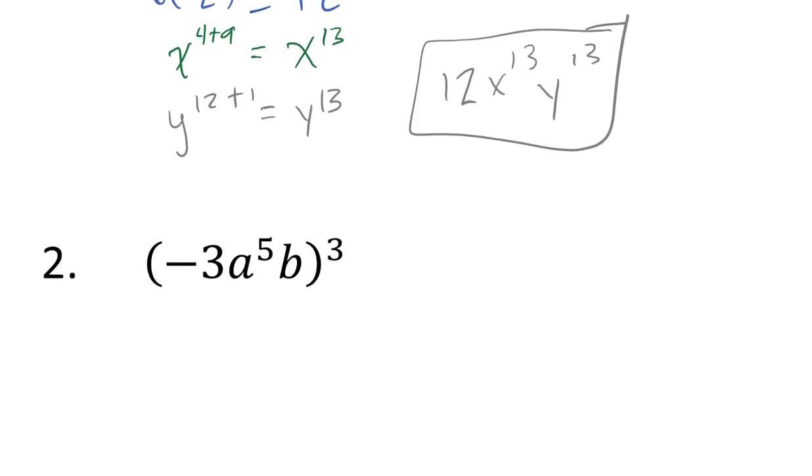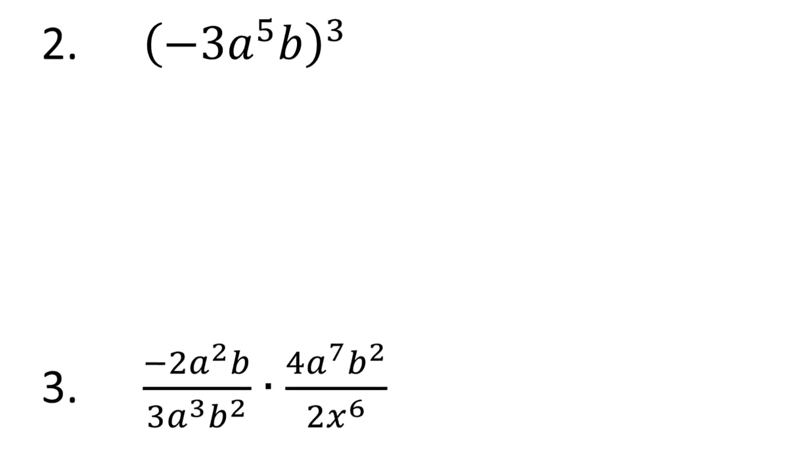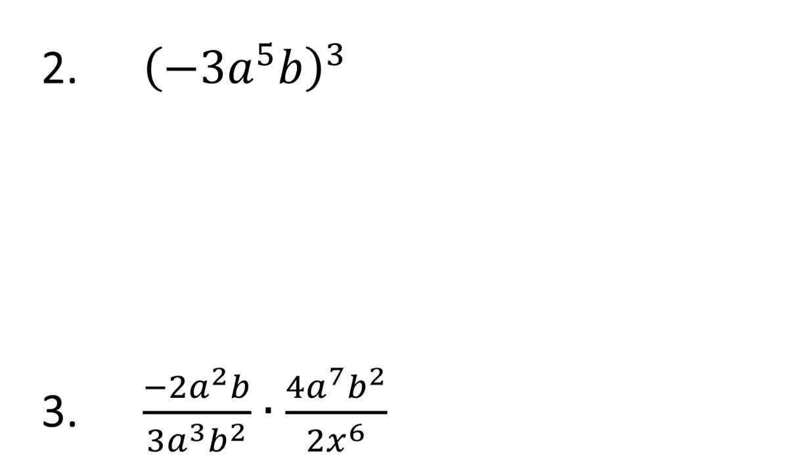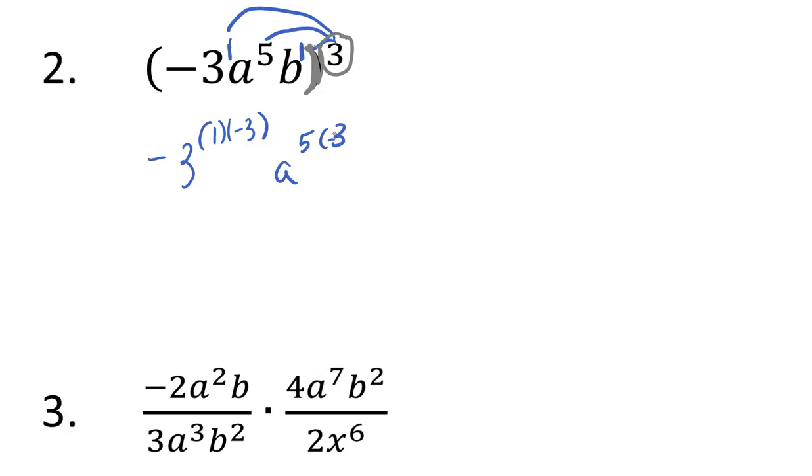If you look at number 2, what that means is I have an exponent on the outside of a parentheses. So that means that I need to put 1s on all of the bases inside, and then we're going to distribute to just the exponents. So that's -3, and then 1 times -3, and then a to the 5th times 3. Oh, that's positive 3, sorry. And then we have,